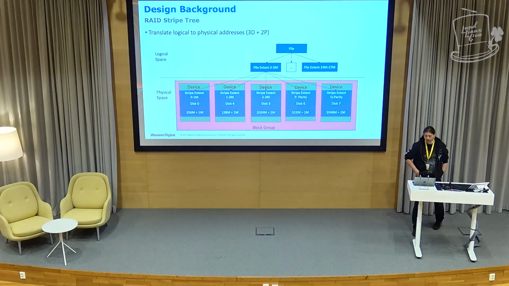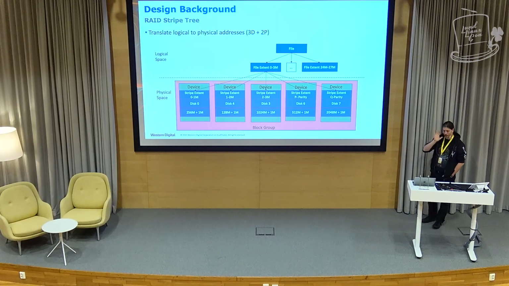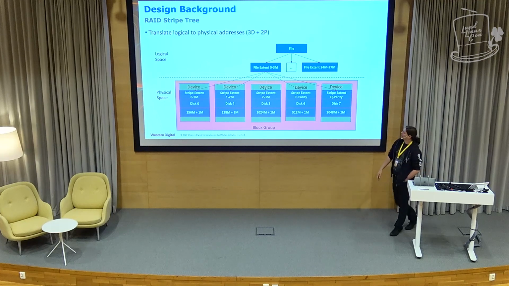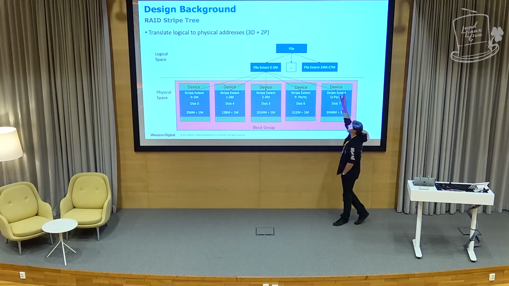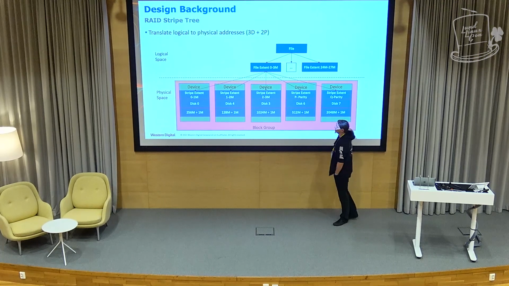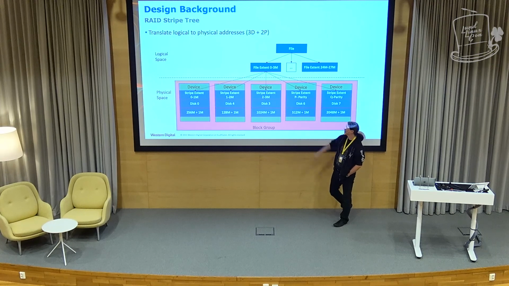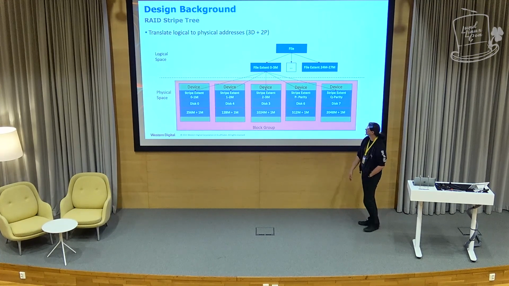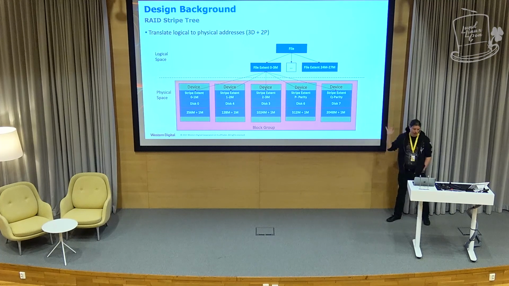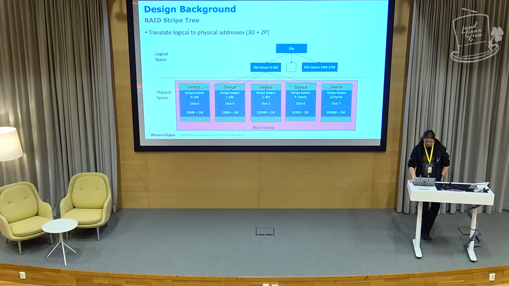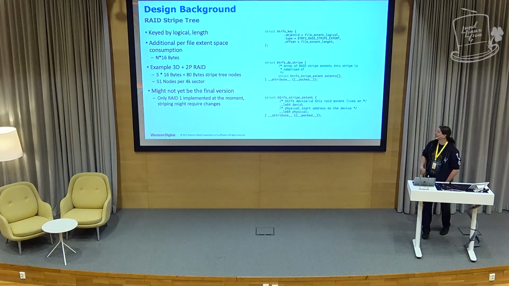As this part of the tree is the biggest change, I'm dedicating the most slides to it. So when we have a file with several extents, and one extent is the first 3 megabytes, we are writing: disk 0 gets the first megabyte, disk 4 the second megabyte, the third megabyte is at disk 3. Disks 6 and 7 get the parities. And that's the physical representation, and that's the on-disk